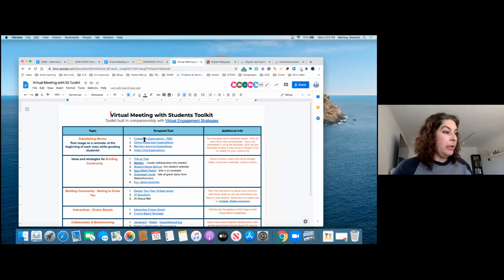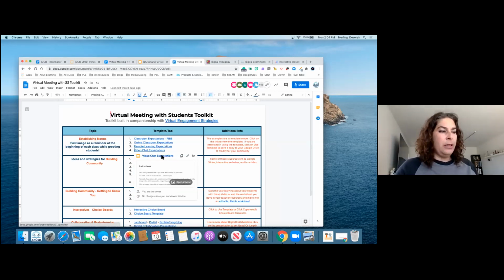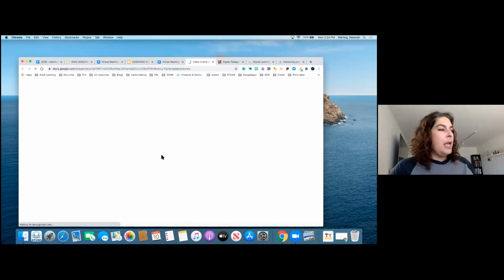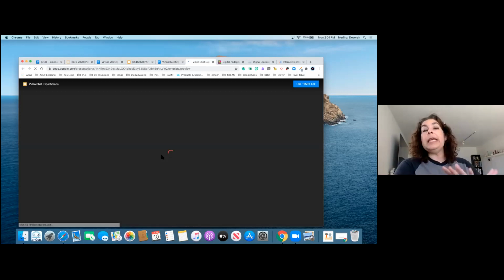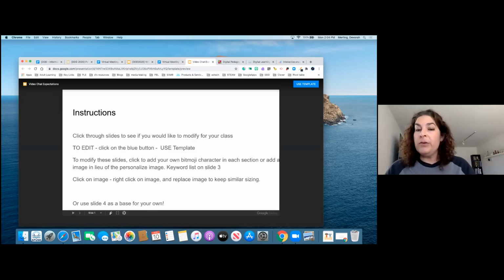The template view works as follows. You click on the document and open it up. And when you open it up, you're going to be seeing it in preview mode. But up here on the top right is called Use Template. And what that's going to do, say you look at this template and you're like, oh my God, I love this, and this is going to work perfect for my classroom.